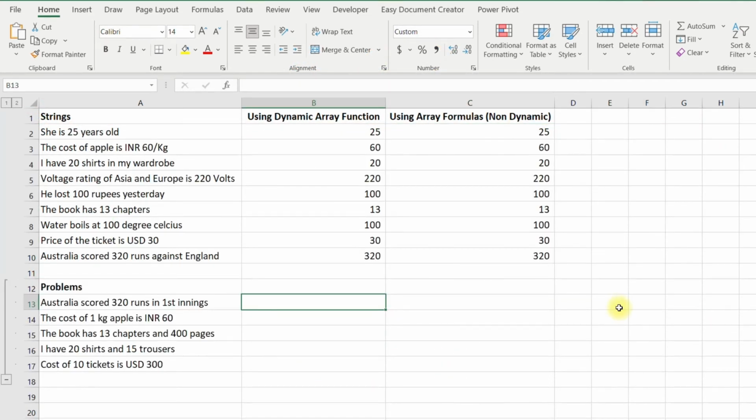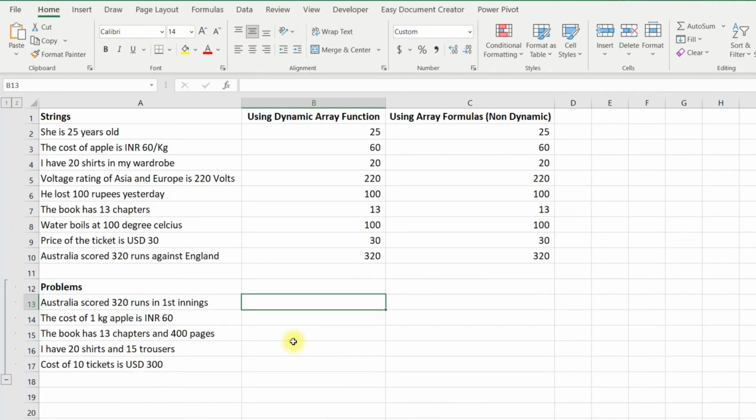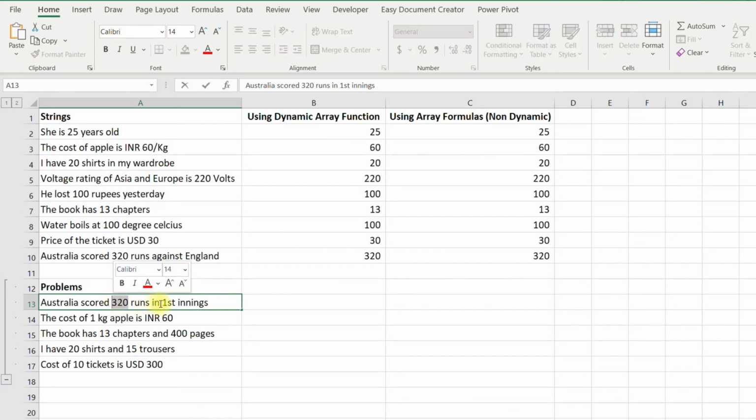Now guys, I will tell you about the limitation of this formula. If I have numerical values in the text string at different places, the formula will combine all the numerical values. For example, here I have 320 and 1. In this text string, I have 1 and 60.